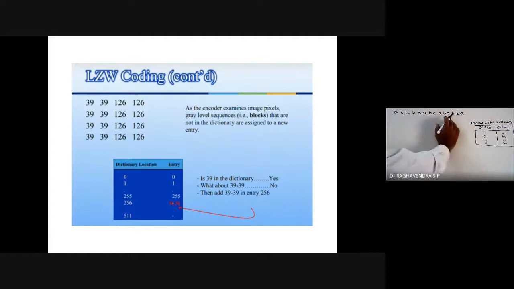Now you create an encoding table. You have to create an encoding table here. So I need to draw the line. This is the encoded output. Then we have the partition here.